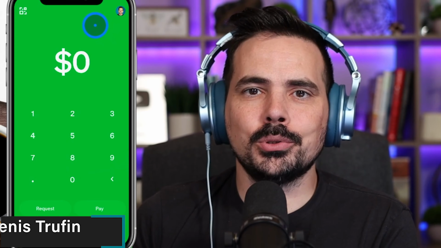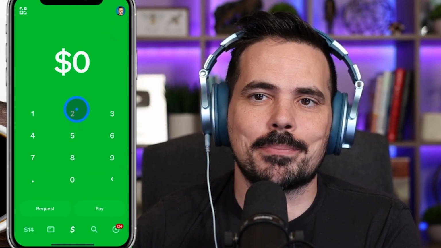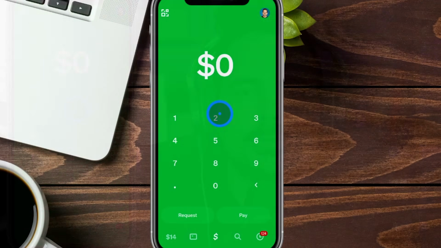So today I'm going to show you how to transfer money to Cash App from a debit card. Now you can see we actually have the app here in real time, so you can follow along step by step. Now I'm going to go ahead and go off screen here for us so you can just follow along in real time. And you can see that our Cash App account is on our home page right over here